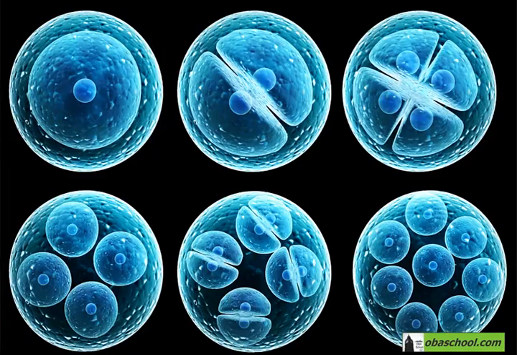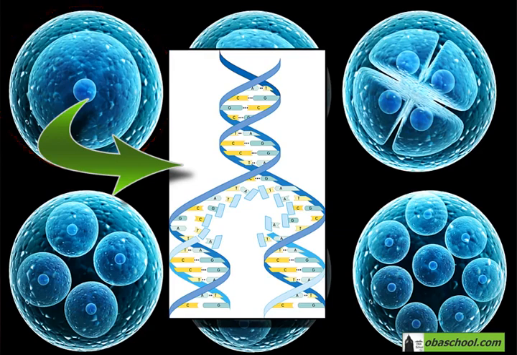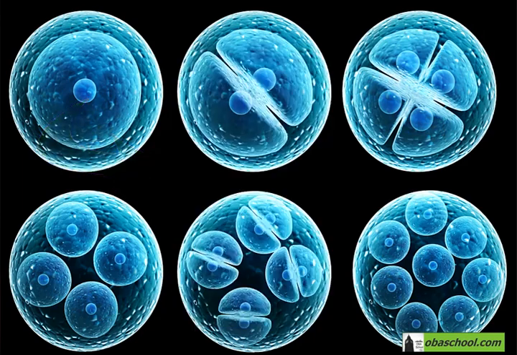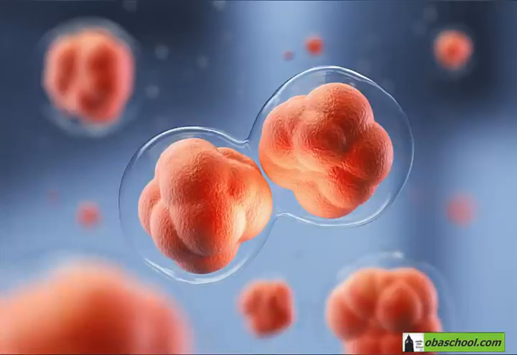However, before the division of cells, before even nuclear division, DNA must be replicated. So one copy of DNA must become two copies of DNA, so that once the nucleus divides, one copy will go to one side of the cell, and another copy will go to another side of the cell, and then cytokinesis will happen, and then these two sides of the cell, each having a copy of DNA, can divide,